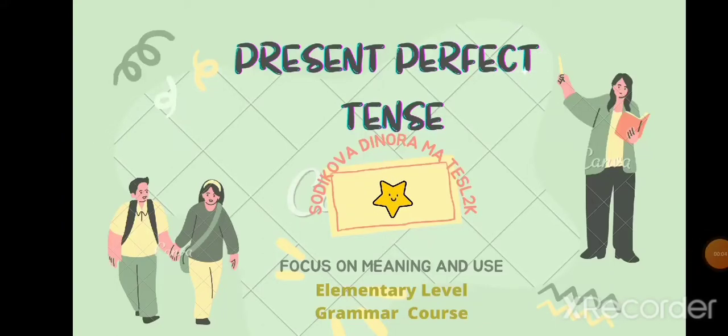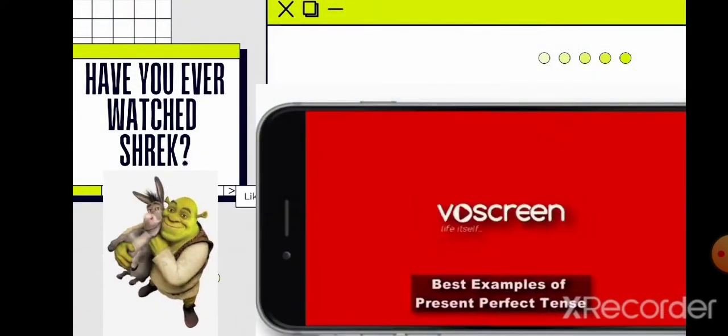Today we are going to talk about present perfect tense. Okay, before explaining the theme, let me ask you a question. Have you ever watched the cartoon Shrek? Yes? No? Alright, then let's watch some best parts of the movie extracts connected to our theme. And after watching, we'll do an activity. That's why pay attention to verb structures of the movie parts.